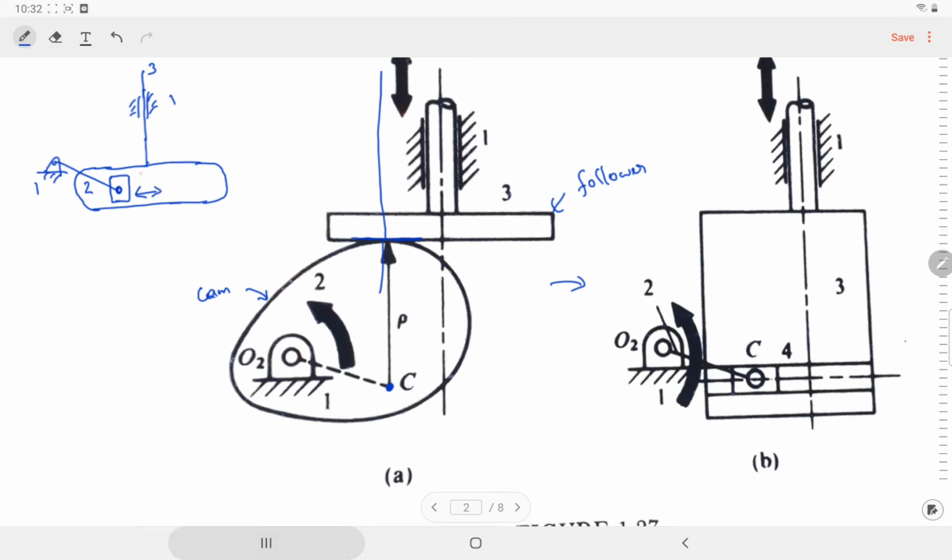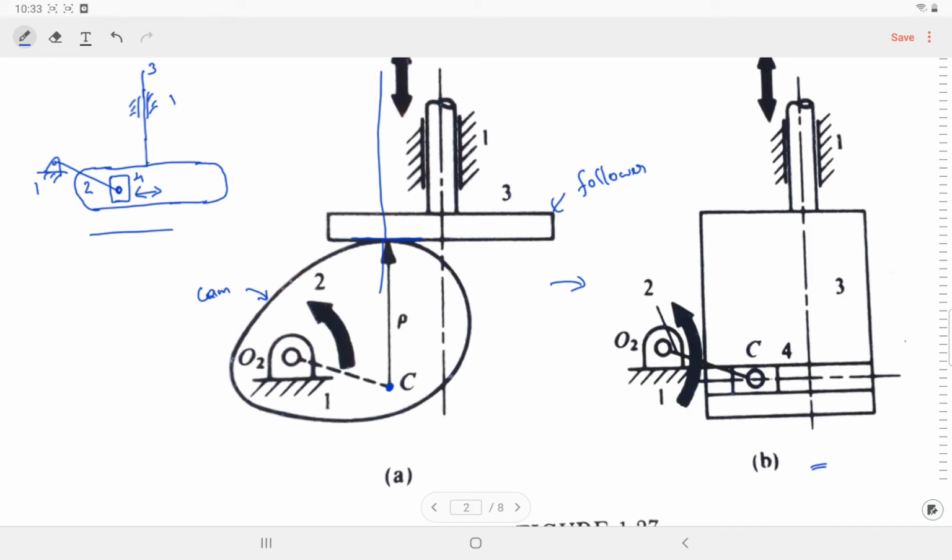So that's an additional link. Let's call that link 4. Okay, and once again we have totally converted the higher pair into only lower pair. So this is just with lower pair mechanism, and that's a kinematic diagram, and this is a slightly detailed diagram. Okay, and with this modification we can do the analysis.